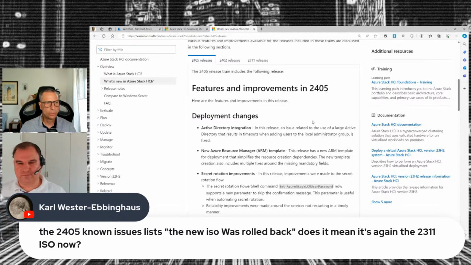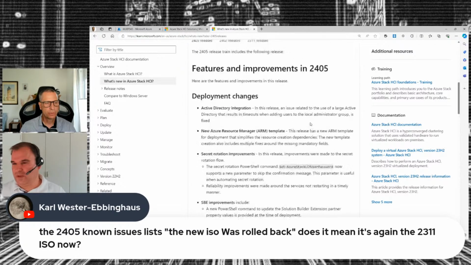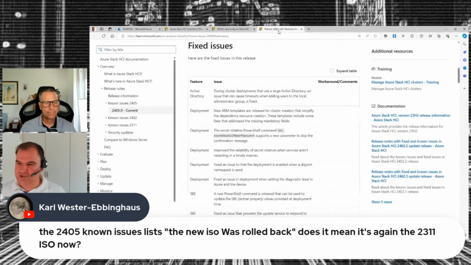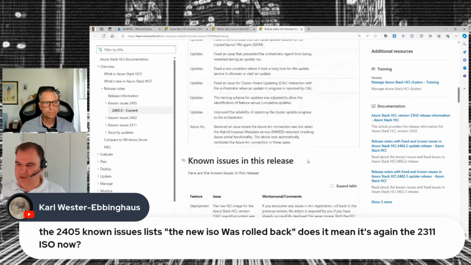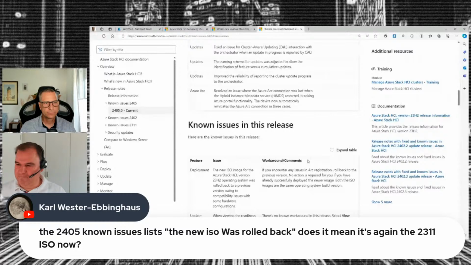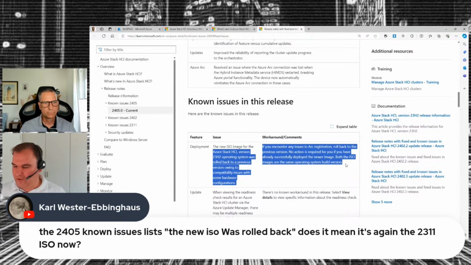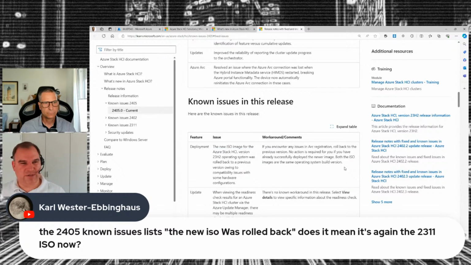That's a known issue list in 24. This is correct. There's a fixed issue list and there's a known issue list. And it says there were issues with some hardware configurations in this new version. So it says if we already deployed successfully, there's nothing to do. And this new ISO is still